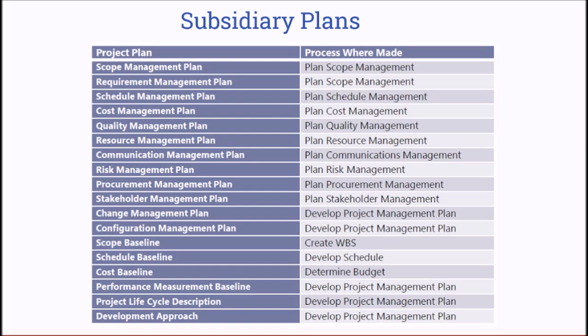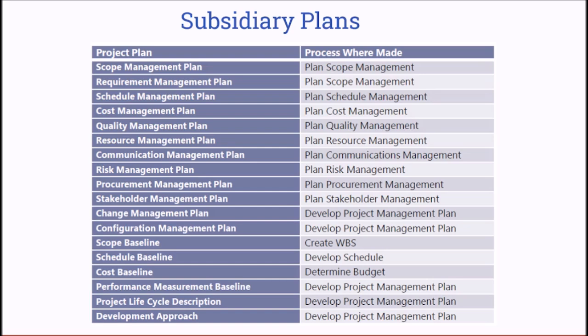Subsidiary plans provide focused strategies for a specific aspect of the project. For example, the scope management plan outlines the processes for defining and controlling the project scope, also minimizing scope creep. Let's say the schedule management plan, which provides guidelines for developing and managing the project timeline, ensuring activities and sequence are completed on time. A third example here is the cost management plan, which defines the budgeting, estimating, and cost control mechanisms, ensuring the financial